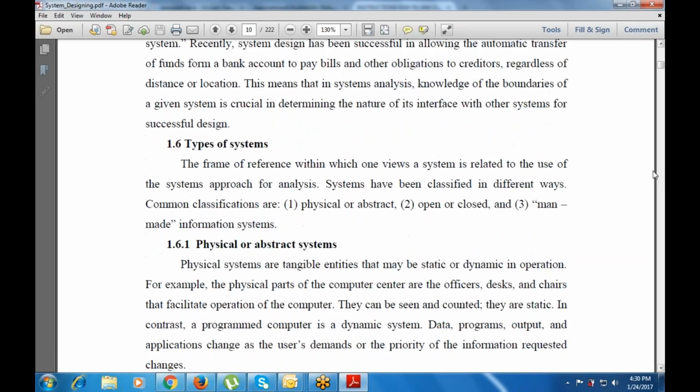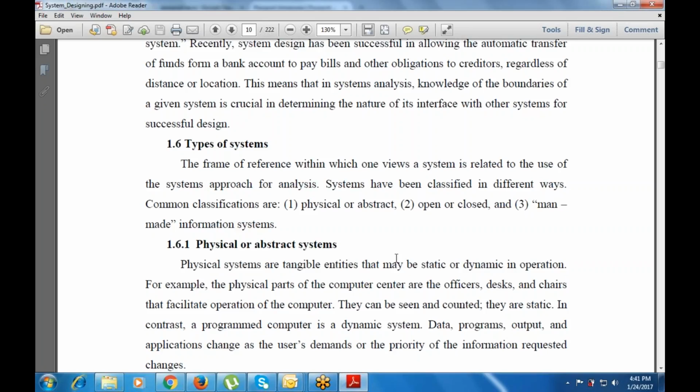The next part is the various types of systems. The system is divided into multiple parts within one view, or the view that views a system, related to the use of the system approach for analysis. Now the system has been classified in different ways, and some common classifications are